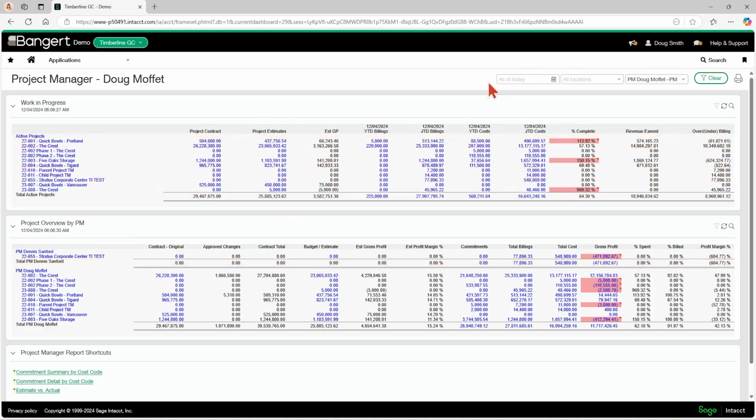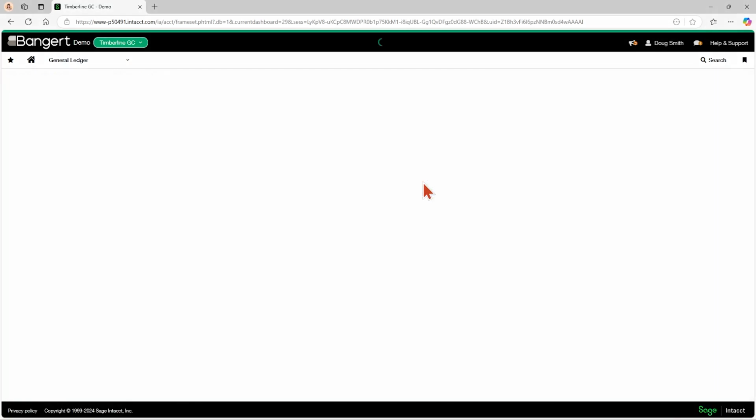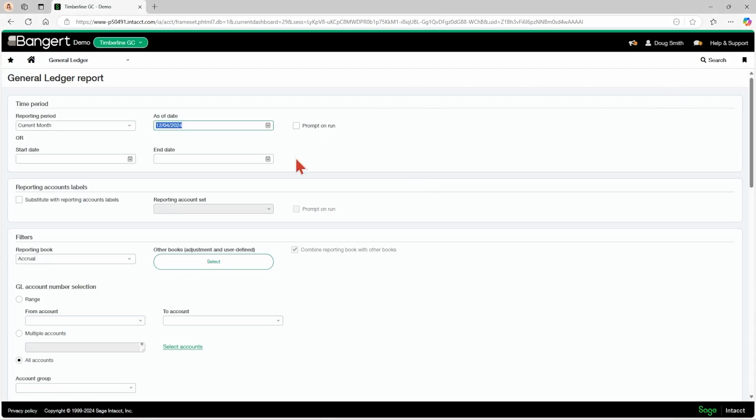But the premise of it would be you don't have the filters up here, and let's say you had 5 project managers, you'd have 5 different project overviews with a hard filter on there for each project manager. Okay. So now I've got my dashboard, I've got some links, I've got some reports, I can drill down. I want to go look at general ledger. Did this secure my general ledger down? Okay. So you're going to see some things in the different menus. However, when I click on general ledger, I can't run it. I can't do anything with it.